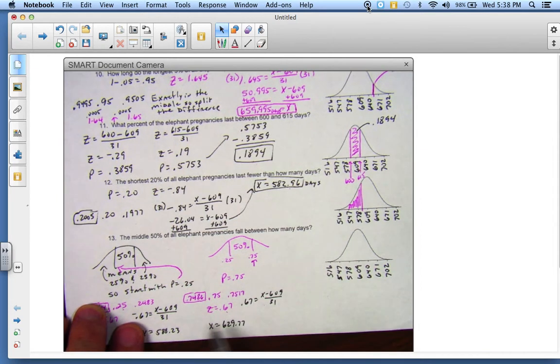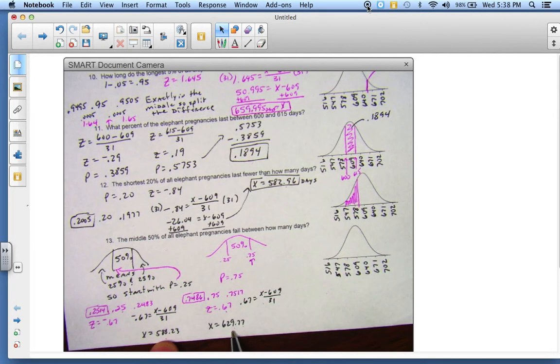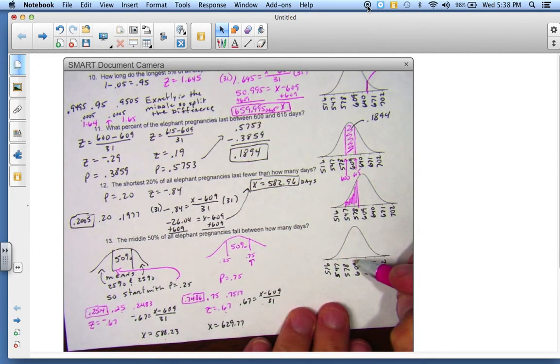So this is a pregnancy of 588.23 days. This is a pregnancy of 629.77 days. And therefore, I don't have to subtract the two, I know that 50% are going to be between these 2 days. So 588 is going to be somewhere around here, and 629 is going to be somewhere around here, and so that means 50% of the pregnancies are going to be between